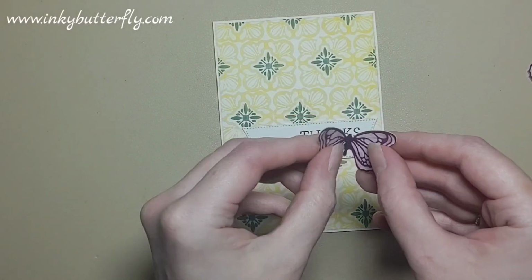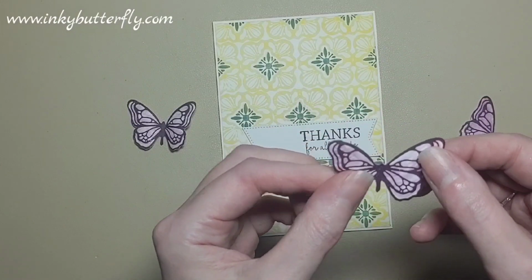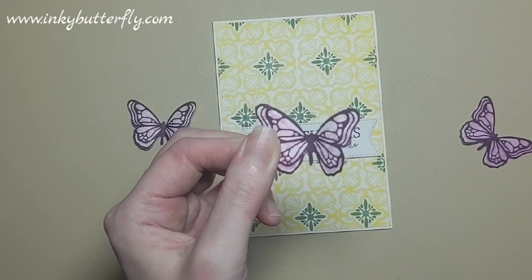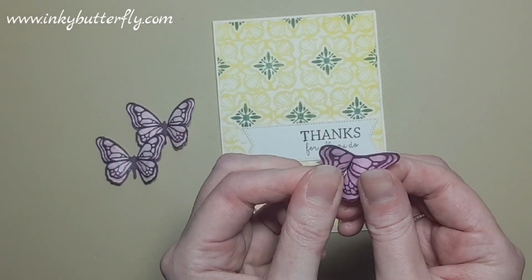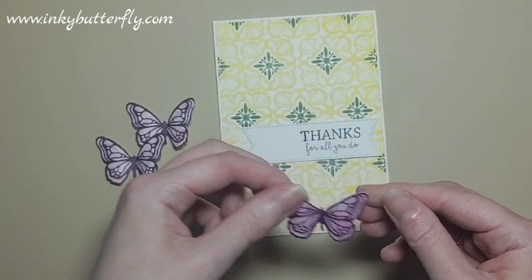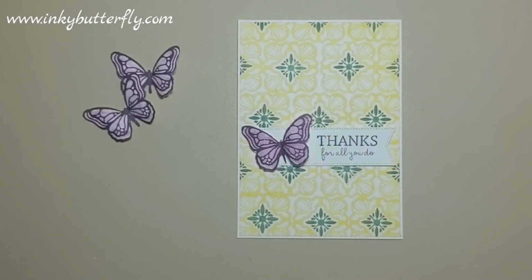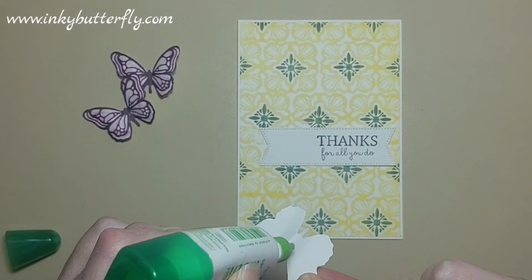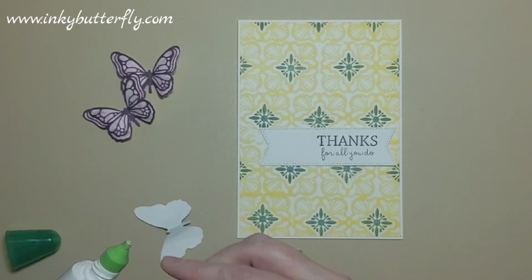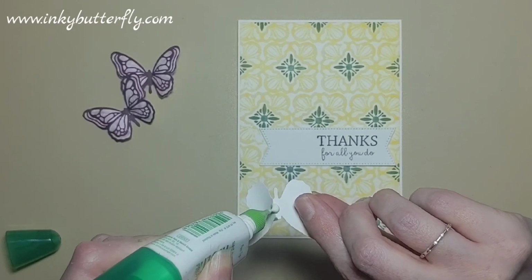Okay, so obviously we've got our lovely little butterflies that we can just bend and crease into shape. So just use your fingers to do that. And so I've got 3, just so that we can build this up really nicely. So for things with a bit of dimension, I do tend to go with the multi-purpose glue. So if we just put a nice blob of this on, oops, just get that bead of glue off the end of there. So if we just put a blob on there